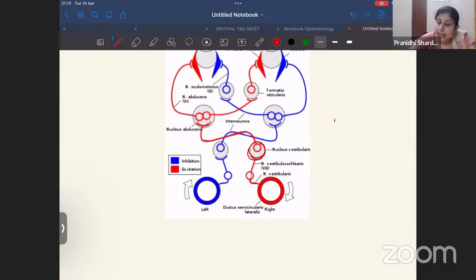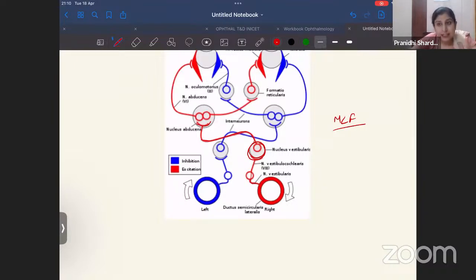And we know that the MLF, the medial longitudinal fasciculus, connects the sixth nerve and the third nerve nucleus for conjugate movement, because they both are yoke muscles, they help in the conjugate movement of the eye. So they both are connected with the help of the medial longitudinal fasciculus, that is MLF. So